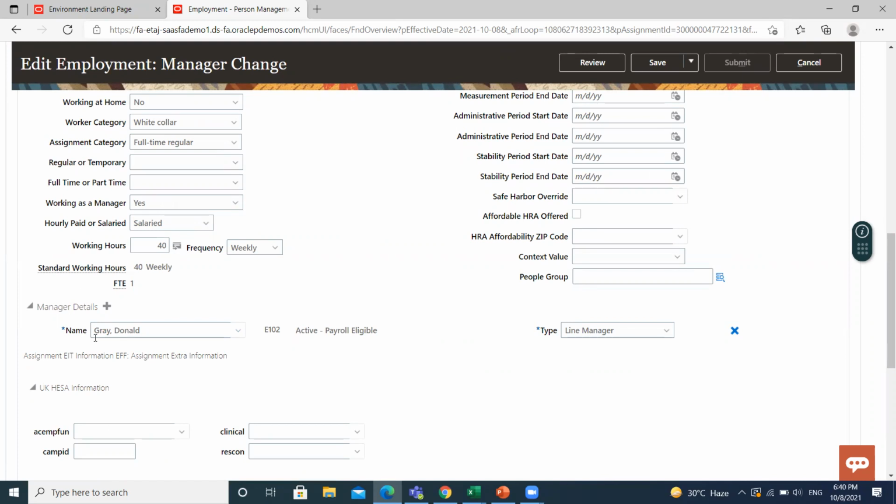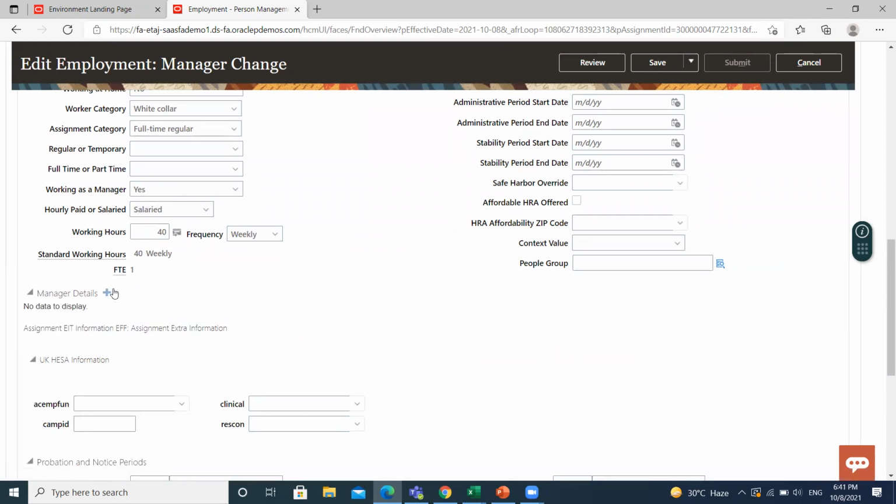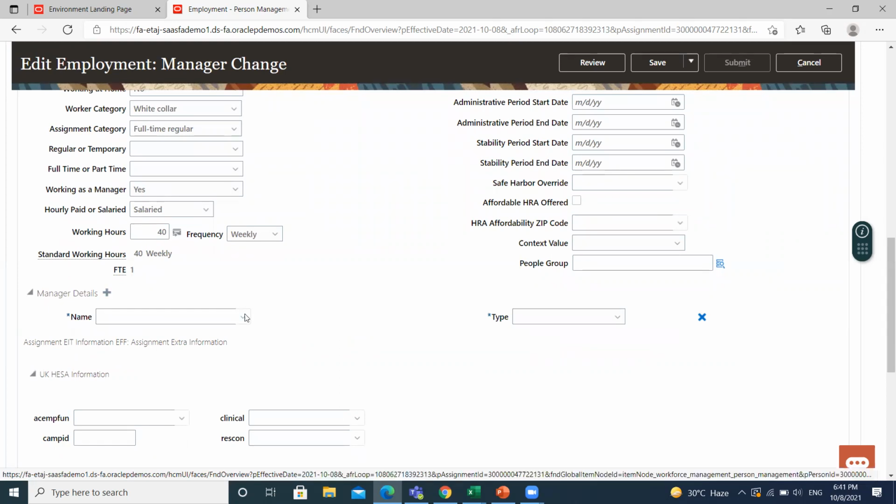So you can see here, Gray Donald is his manager. You can remove him using the remove icon and then add another manager from here.